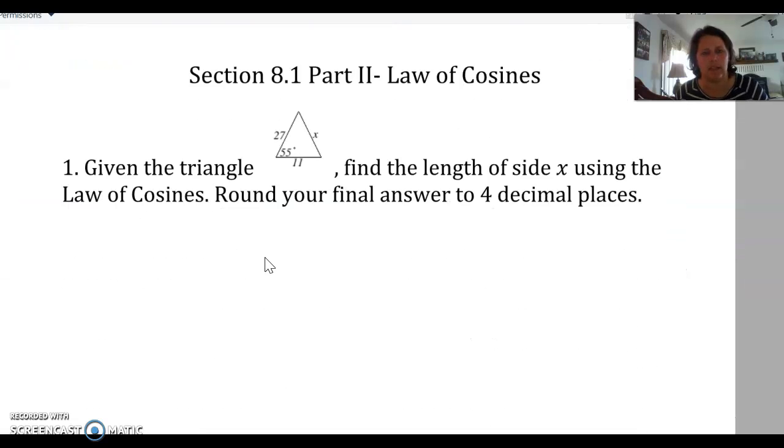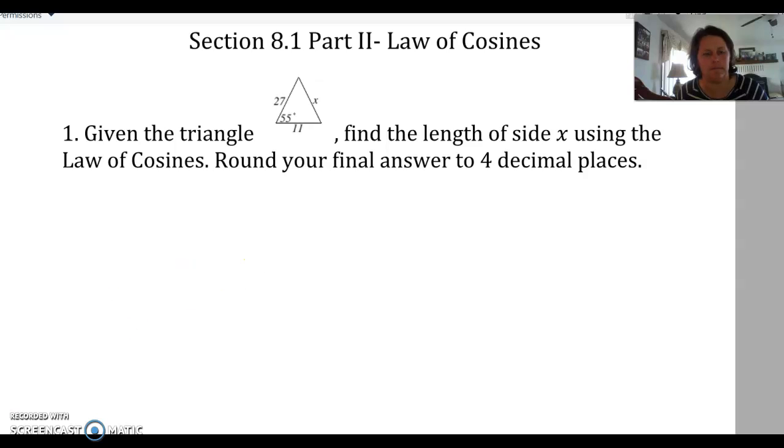All right, so let's look at example number 1. Given the triangle here,